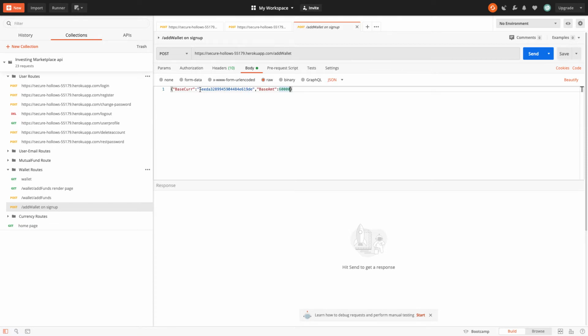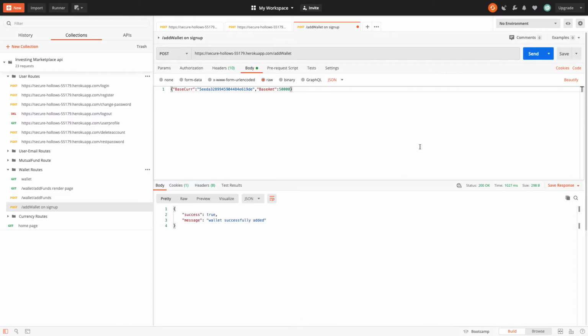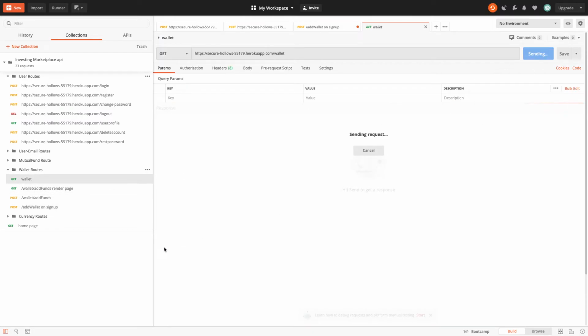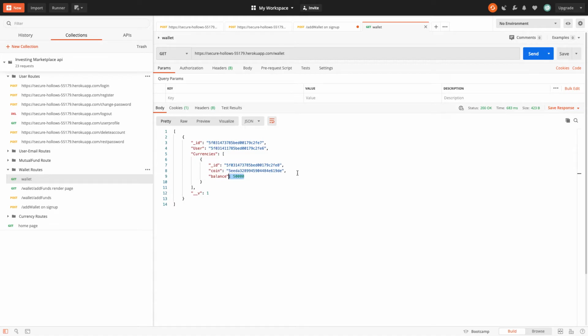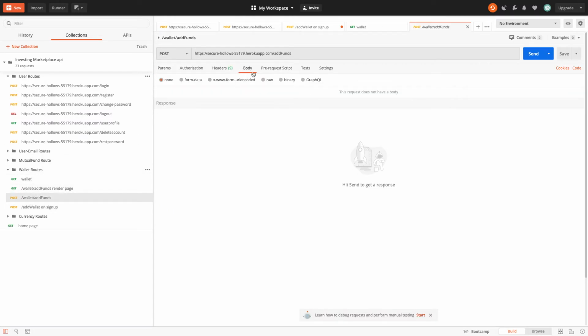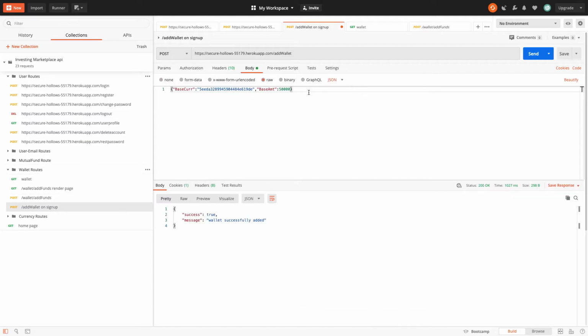So this basically gives you, you can add US dollars, and this is the amount of dollars you want to add. So you want to add, like I say, 50,000. So send it through. So 50,000 rupees have been added. You can see 50,000 has been added in dollars. So now you can also add more funds if you would want to. In this you can just do this and add more funds if you want to in add routes.